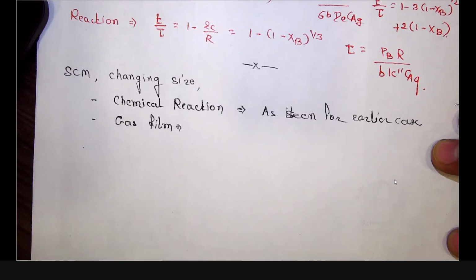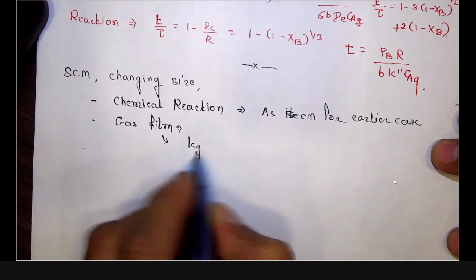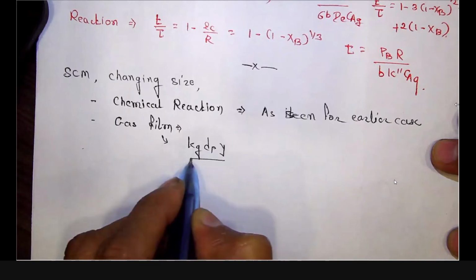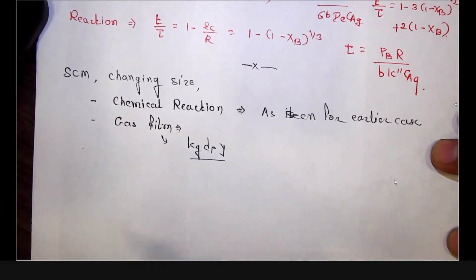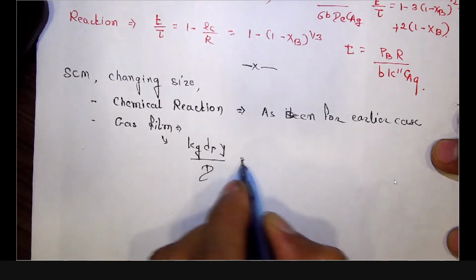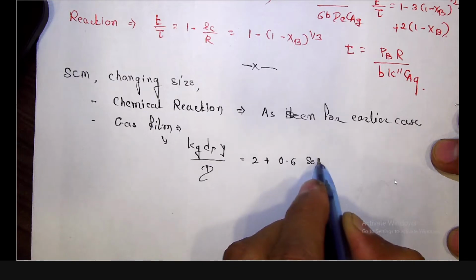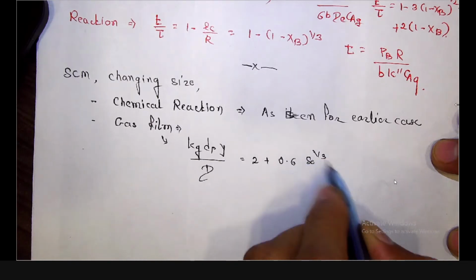So it totally depends on various factors like the velocity of the fluid, the size of the particle, and other fluid properties. In the case of the gas film, as we are using the mass transfer coefficient, we can get it like this, y representing the fraction in the fluid, Schmidt number. This is generally called the Frössling number.